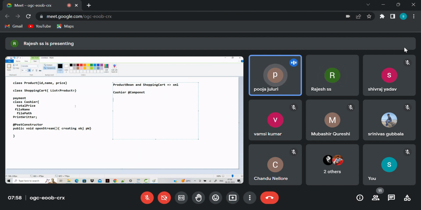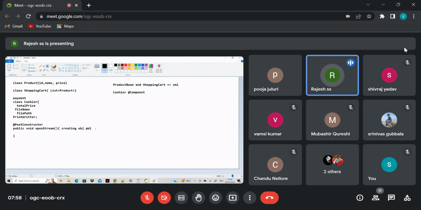Coming to the life cycle activity, what we are actually doing is, while the Spring container is loading its bean, it will also call the respective method which we annotate with @PostConstruct. It will automatically call that particular method. Ideally, in plain Java we go to the main method and write the method we want to call. But here, along with the loading of the bean, along with the bean life cycle, correct,